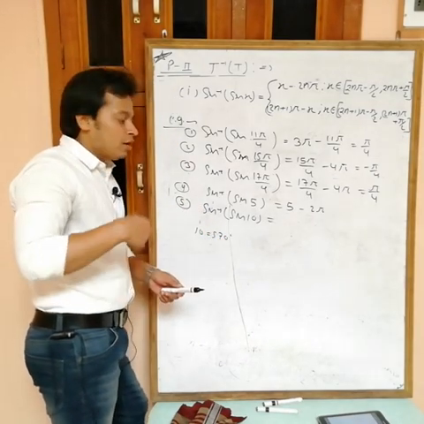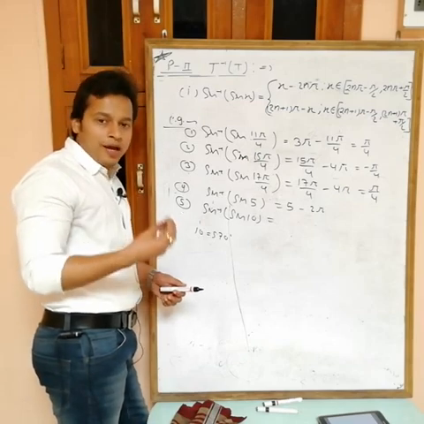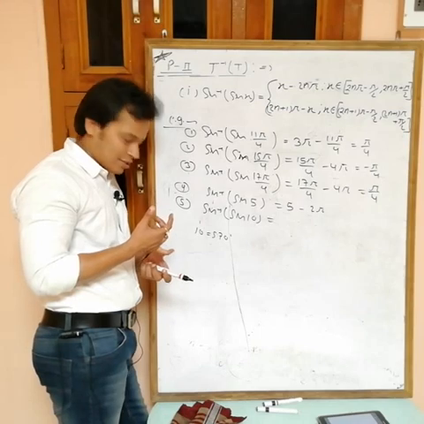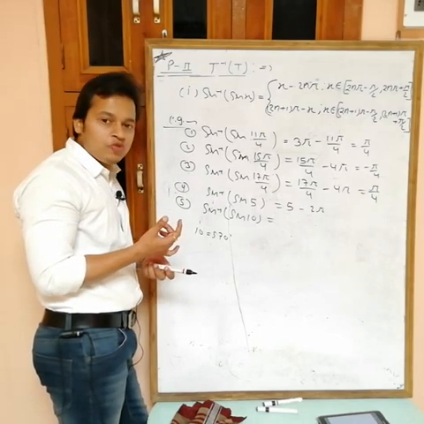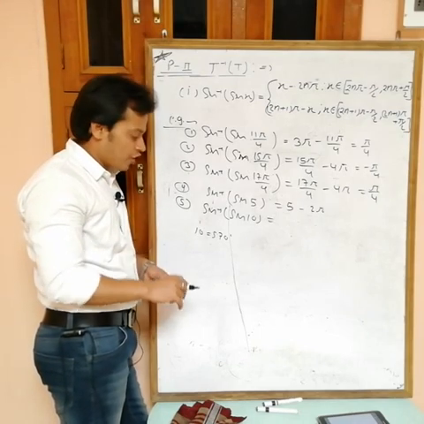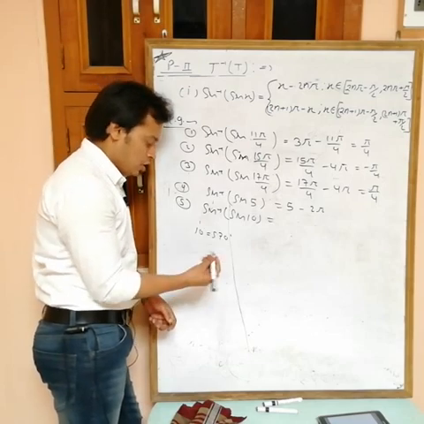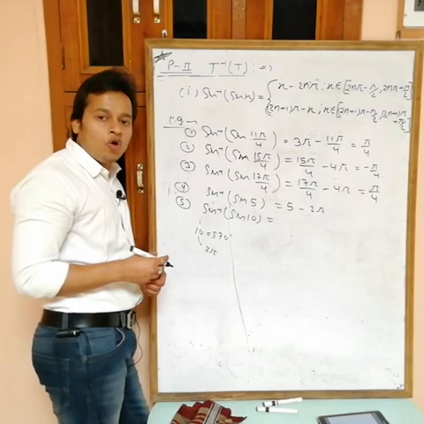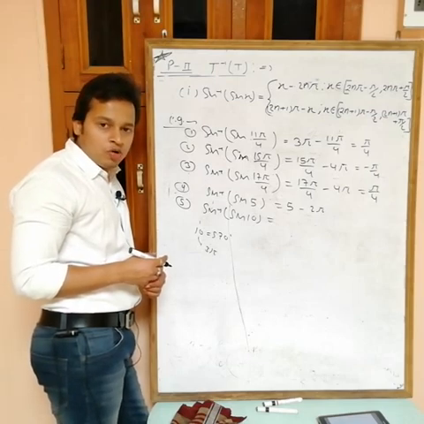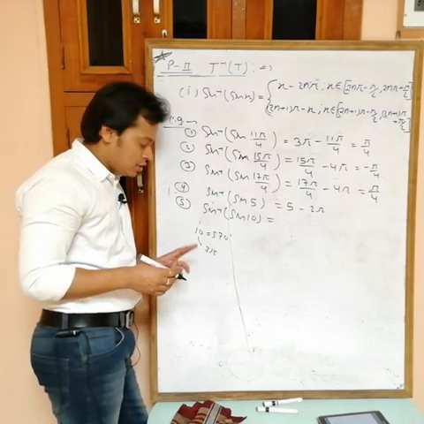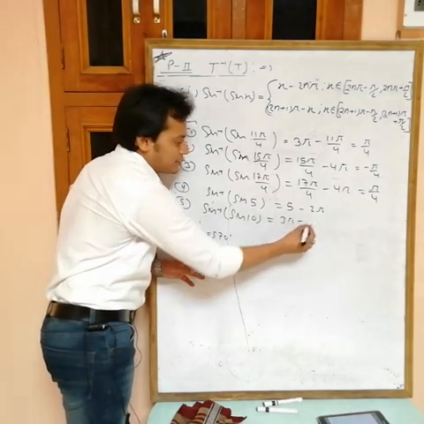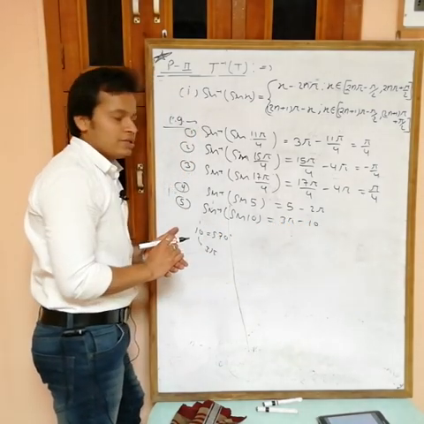Okay. Now this is near to pi, 2 pi, 3 pi or 4 pi. Pi is 180. 2 pi is 360. Not near. 3 pi is 540, and this one is 570. So this is near to 3 pi, and 3 pi is an odd multiple of pi. If near to an odd multiple of pi, then the answer is that odd pi minus x. This is the answer of this one.